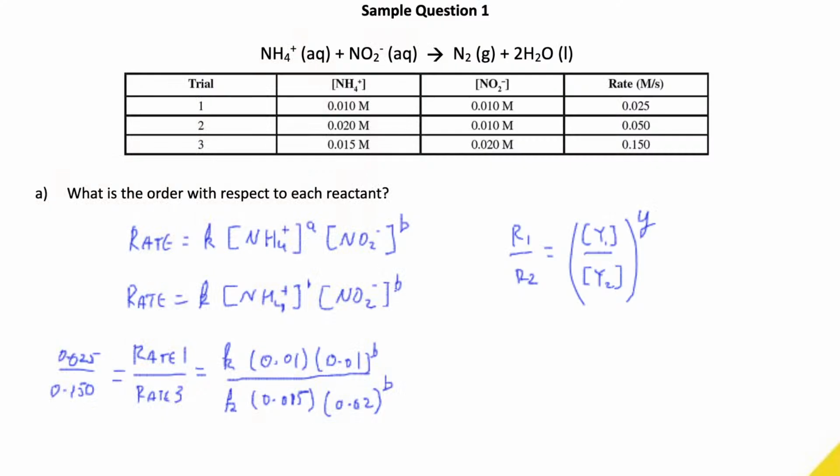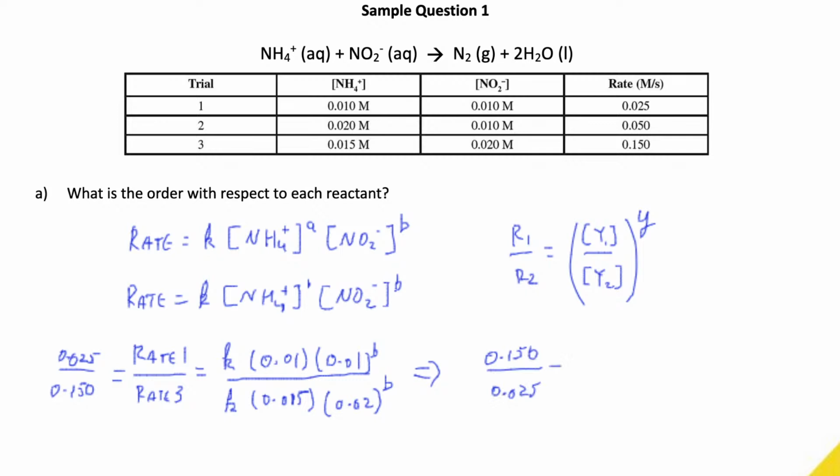It's a lot easier if I had written this as rate 3 over rate 1. The reason I wrote it this way is that as you are doing the problem, now you know you need to flip it. So to save time, next time you do it, write it as rate 3 over rate 1, because it saves you a step. That tiny little step, saved 4 times over, gives you enough time to actually do another part of a problem. So if I take a look at this, what I get here is 0.150 over 0.025,